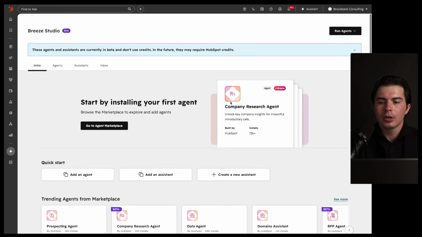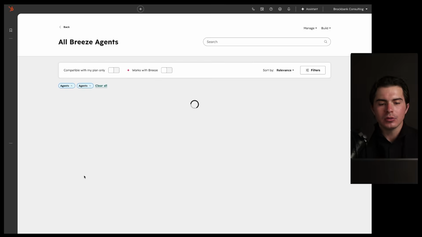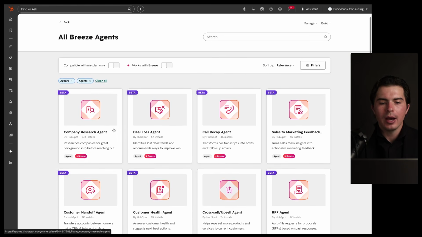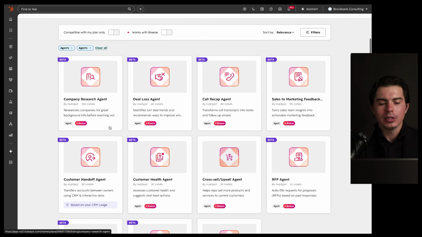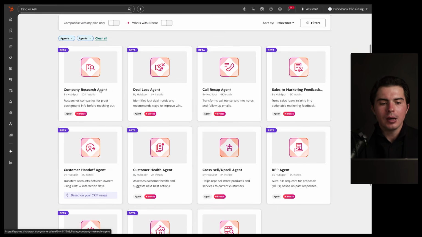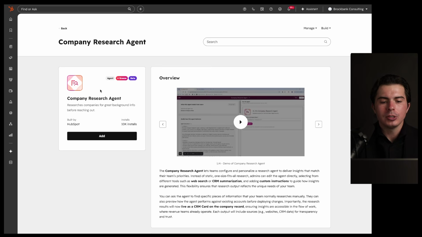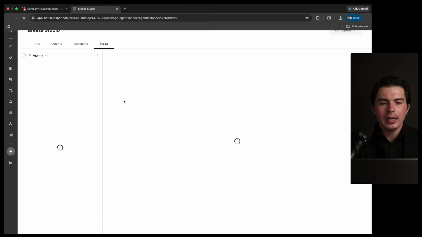Not completely fine. We're going to go over it together. With run agents, you can see different agents that you already have that you can enable, but we're going to create an agent here from scratch just to show you how it all works. Or we're going to take one that's pre-built and then configure it so you can see how it all works. So we are going to take this company research agent as an example, and we're going to add it. And you'll see now that it appears in the